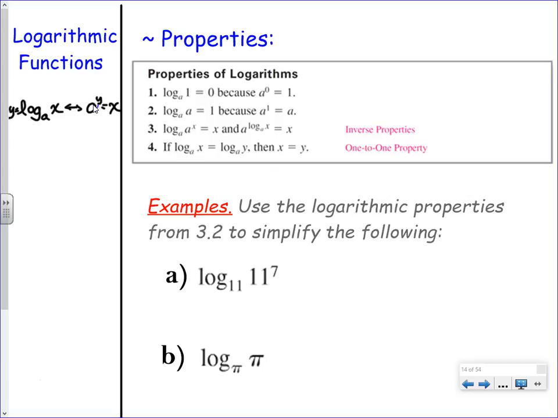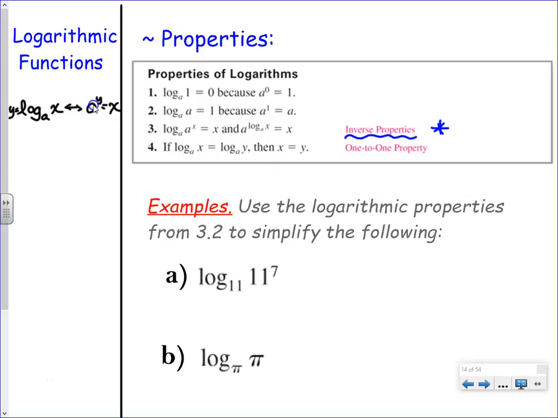Number 3 is a big one. I need you guys, if you have a highlighter or something, to mark down what's most important. All of these properties are important. They're super, super helpful. But number 3 is especially helpful. It kind of comes from number 2, and it comes from the idea of how exponential and logarithmic functions are inverses. Exponential and logarithmic functions are inverses, so they undo each other.